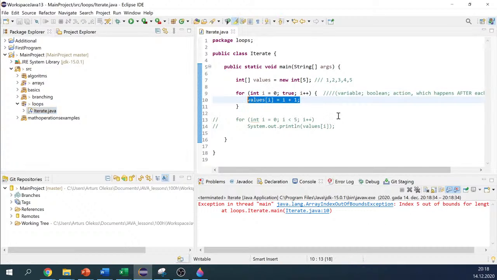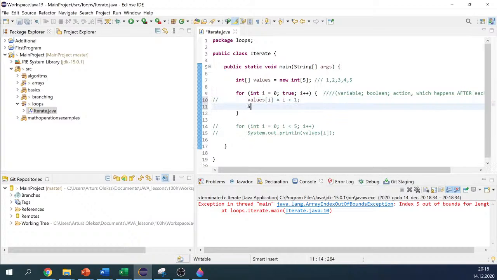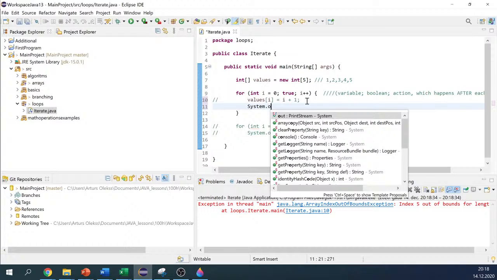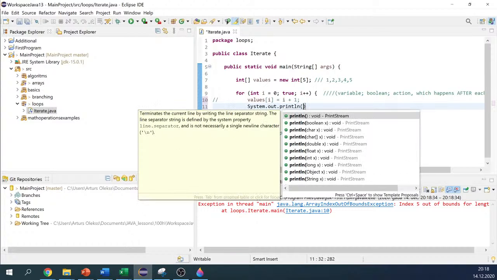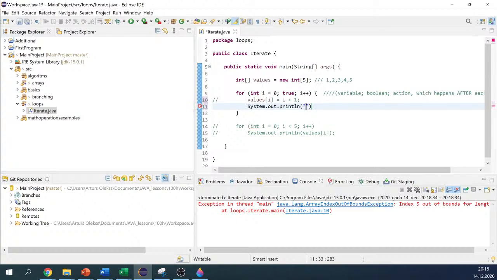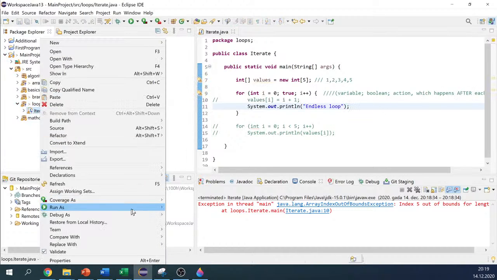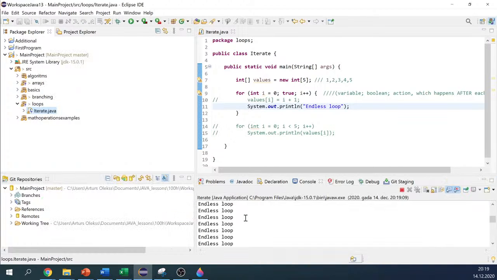So just as a case, if we print something here, this will not finish. And let's hope, in this case we'll go into an endless loop,